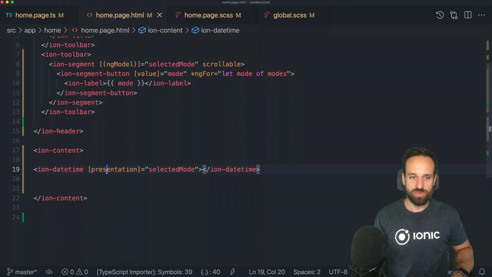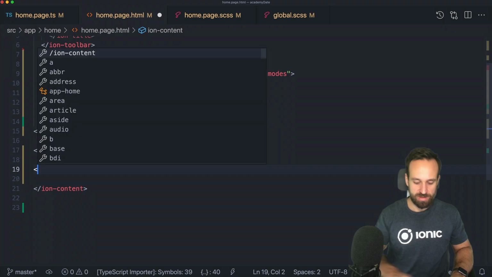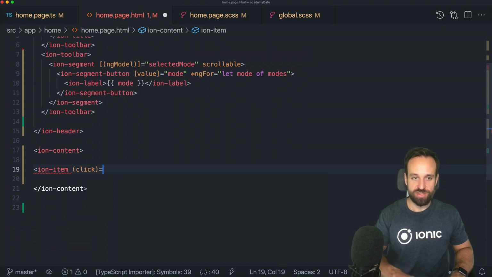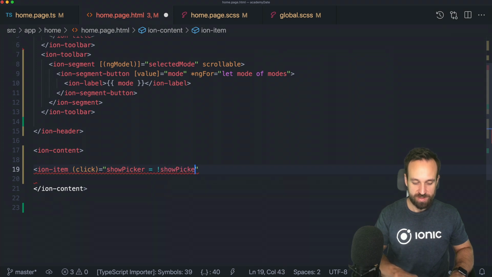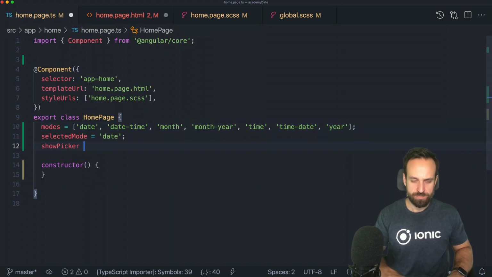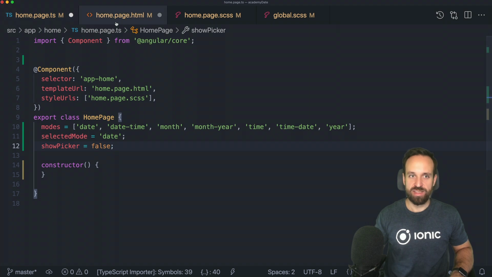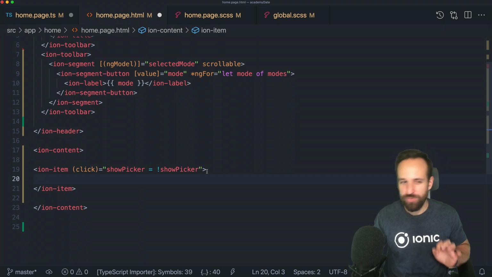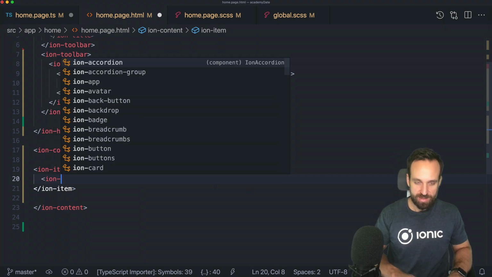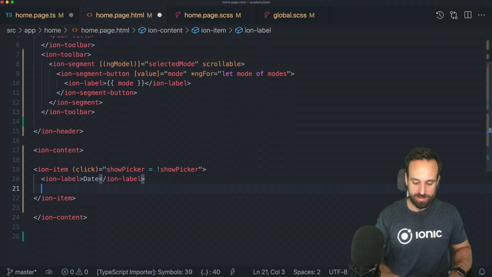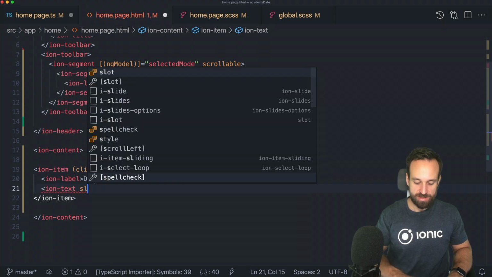To do this, we're gonna wrap the Ion datetime inside of an Ion item. We're gonna use an item with a click event to expand our picker view. So I'm gonna do it like this, because usually you have a form in which you wanna select a date or a time, and therefore I would usually hide that view. And in the end, we will also see the modal view, which is, I think, maybe my preferred presentation for this. Then we add a little Ion label in here, date, and an Ion text slot end of the